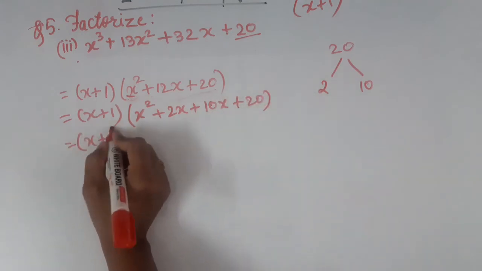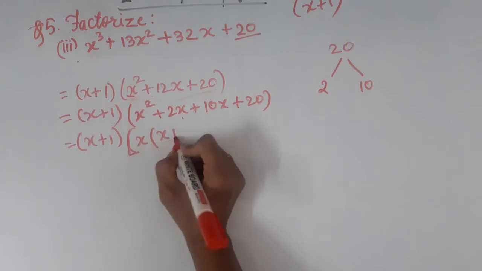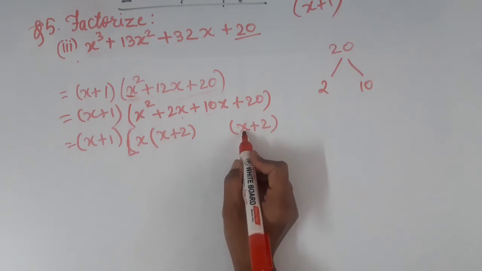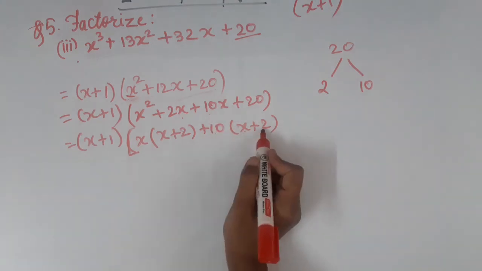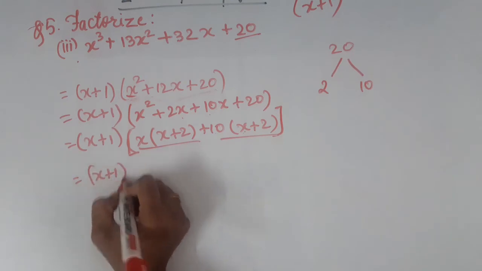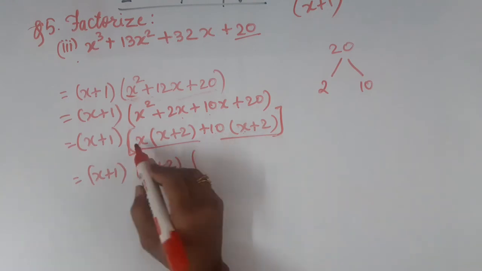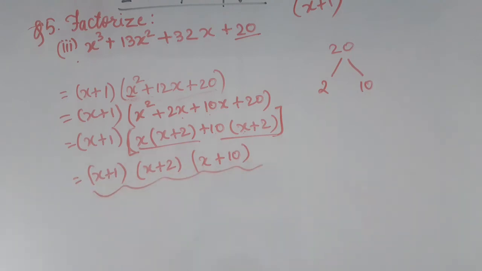Now from the first two terms, what we can take common here? From these two terms I can take common x. So what remains? X plus 2. Now write that x plus 2 as it is here. Now adjust the term. Here 10x is there, here x. So with what should I multiply x to get 10x? With plus 10. So 10 into x, 10x, 10 into 2, 20. Right. Now from these two terms, what I can take common here is the bracket. So take the bracket common, x plus 2. Now what remains inside is x from the first term, and plus 10 from the second term. So these are the three factors of this cubic polynomial. Okay. Now let us move to the last question of this exercise.